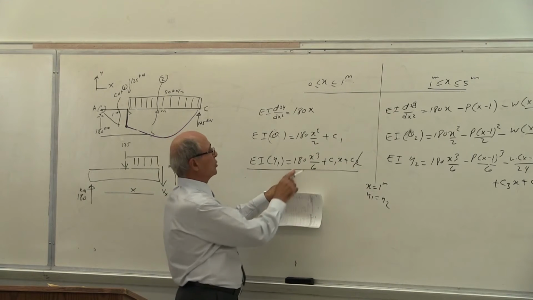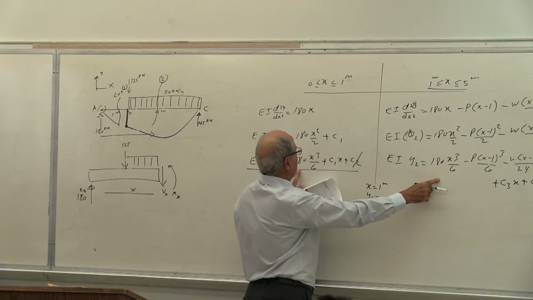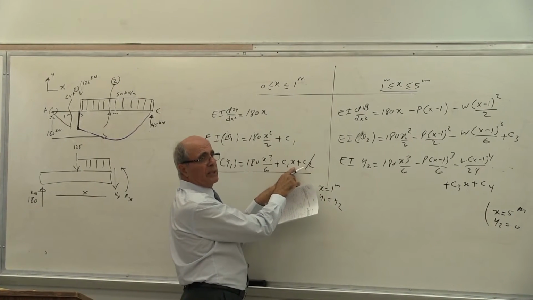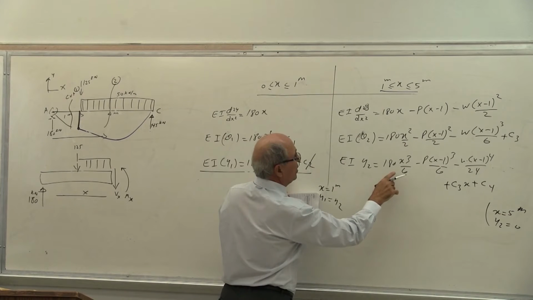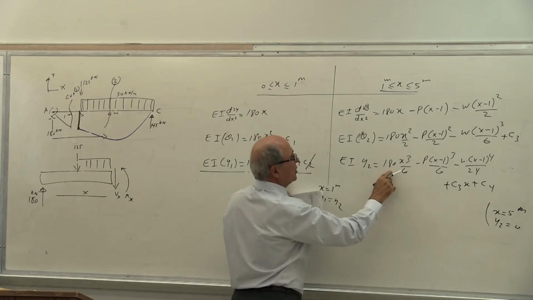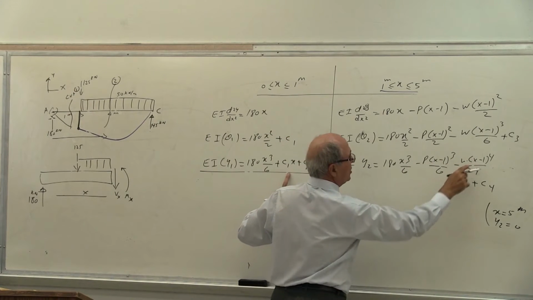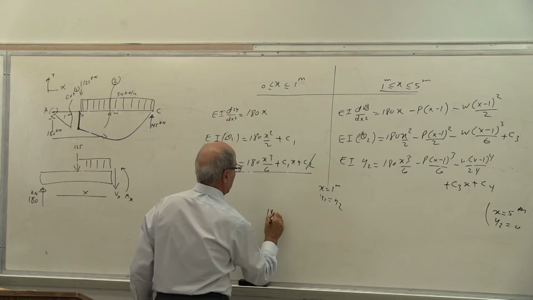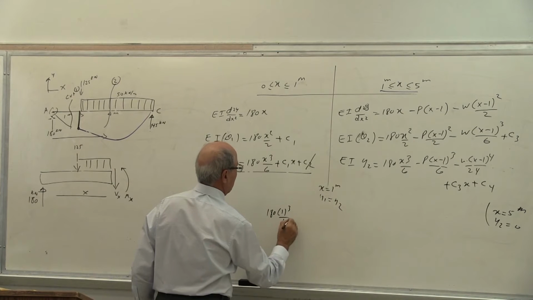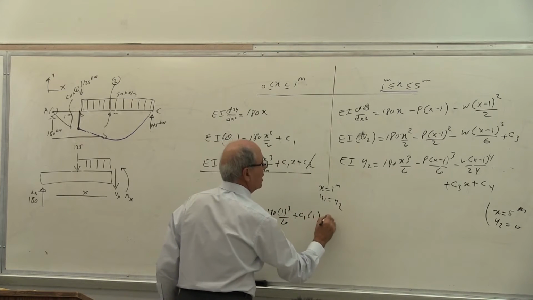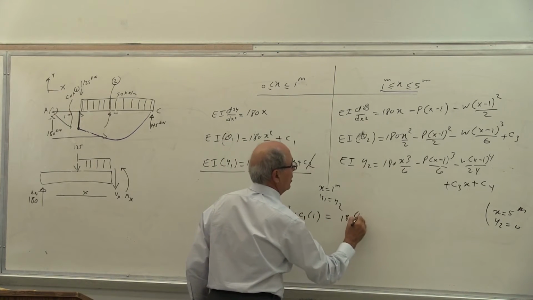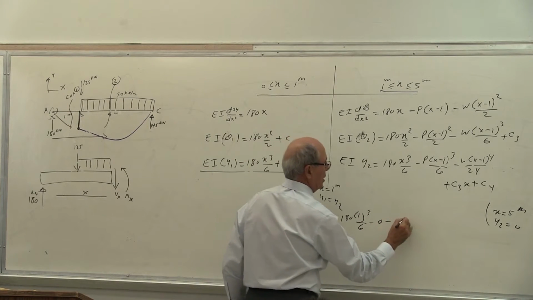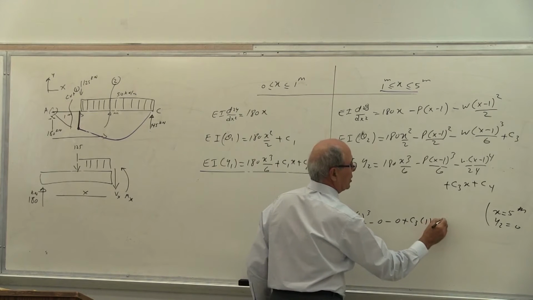At X equal to 1, again, I have to write it. I don't have time. So as you see, this and this going to drop out. This one becomes C1 times 1. Is that correct or not? And the other one, as you see here, this drops out. This is 0. This is 0. And then this is what you get. Here you get 181 to the power of 3 over 6 plus C1 times 1 equal to 181 to the power of 3 divided by 6, 0, 0 plus C3 times 1 plus C4.